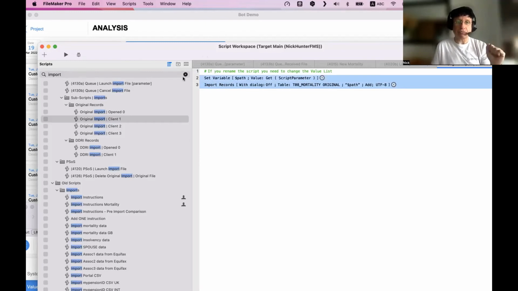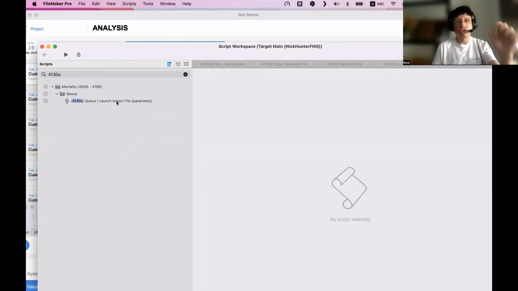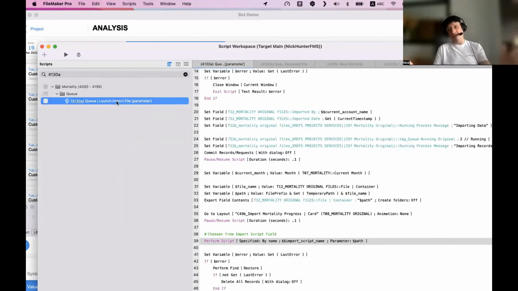So the script 4130A, you need to get used to that. What you need to do is, I am in my context, right? The context of my computer in Colombia, in Cartagena.